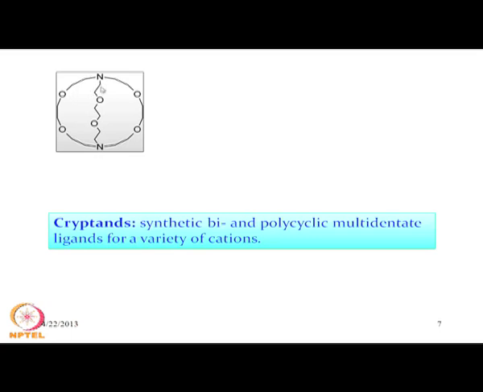If the pyramid is like this, the lone pair is available on the other side of this nitrogen. Similarly, the lone pair is also available from this point to the other side of the ring. So, these two nitrogens will not be utilized for coordination to the metal center. Instead, we are providing in a different way 6 donor atoms like 6 oxygen atoms to the metal center in a bicyclic structure. So, these are all cryptand molecules, and they basically encapsulate, they trap the metal ion very nicely